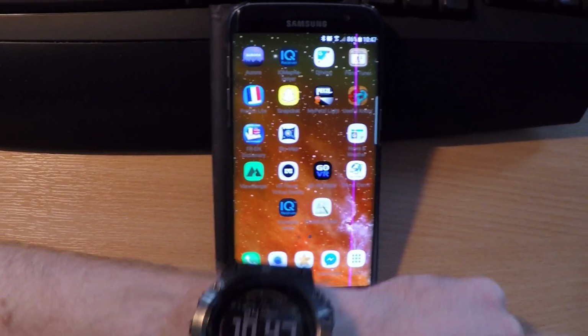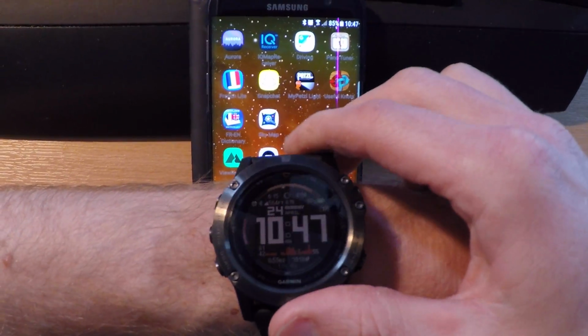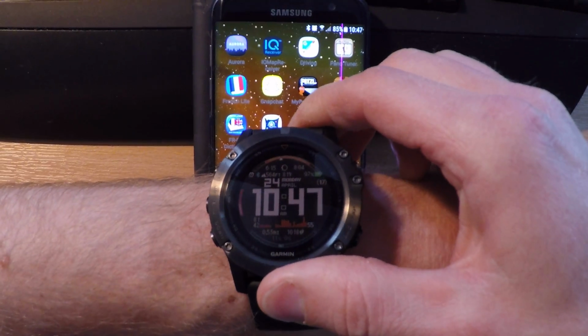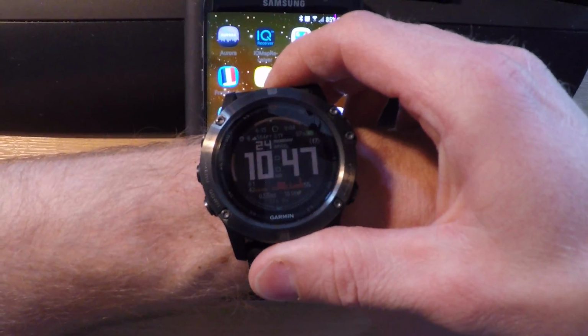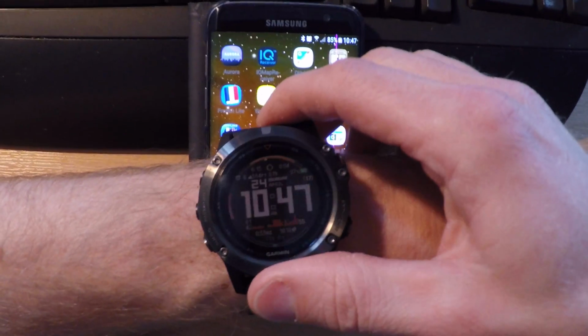Hello, my name is Rob and this is my Garmin Fenix 5X. I've been using the maps on this since I've had it. That's why I got the 5X, and I found that it's pretty difficult to set up navigation on this if you want to go on a specific route